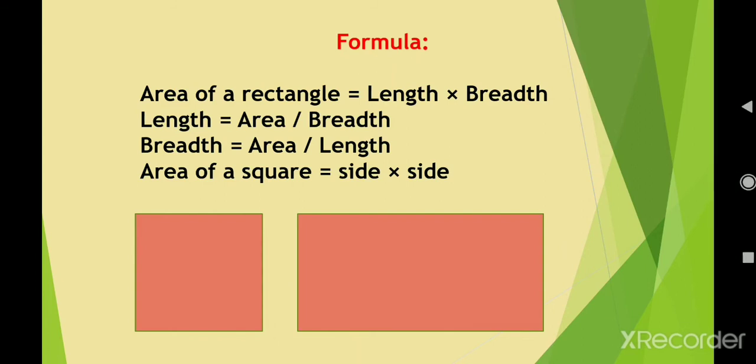Now the next topic is area of a square. As you all know, a square is a shape or a figure with all four sides equal. In that case length and breadth both are of equal length. So if you want to calculate the area of square, you can multiply side into side, and you will get the area of square, and the unit is again square unit. If it is in meter, square meter. If it is in centimeter, square centimeter. It depends on the dimension of the square as well as rectangle, okay student.